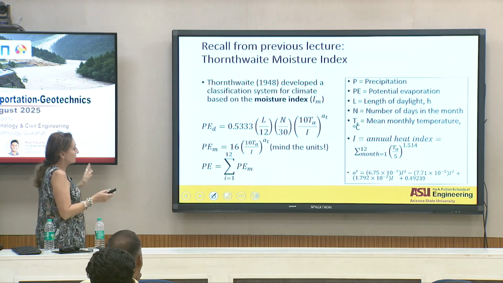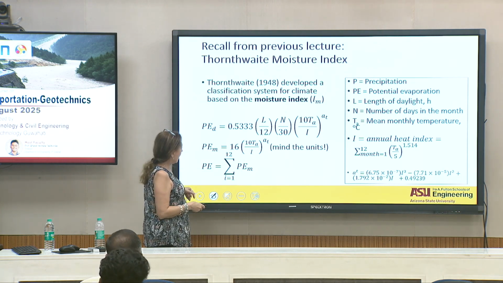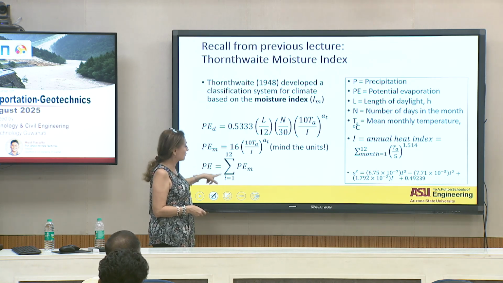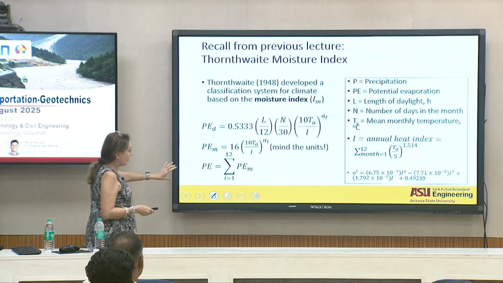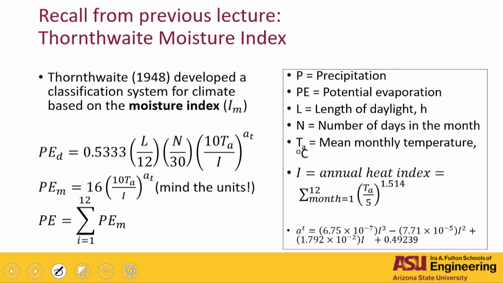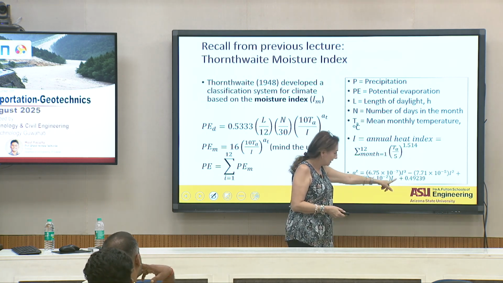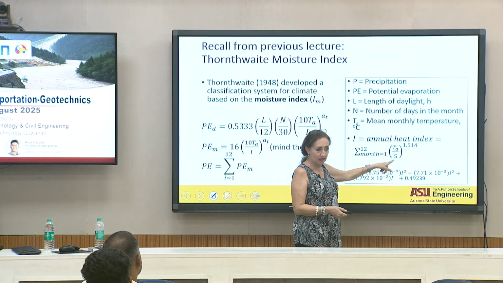Now, for monthly, we can just use the same equation for monthly data. And we can also do it for an annual index, by summing those potential evaporations from the monthly data, okay? So this is how you do a TMI annual, monthly, or daily, right? This value here, the a sub T value, is basically a parameter that is a function of the annual heat index, which is a function of temperature, and again, it is an empirical parameter that